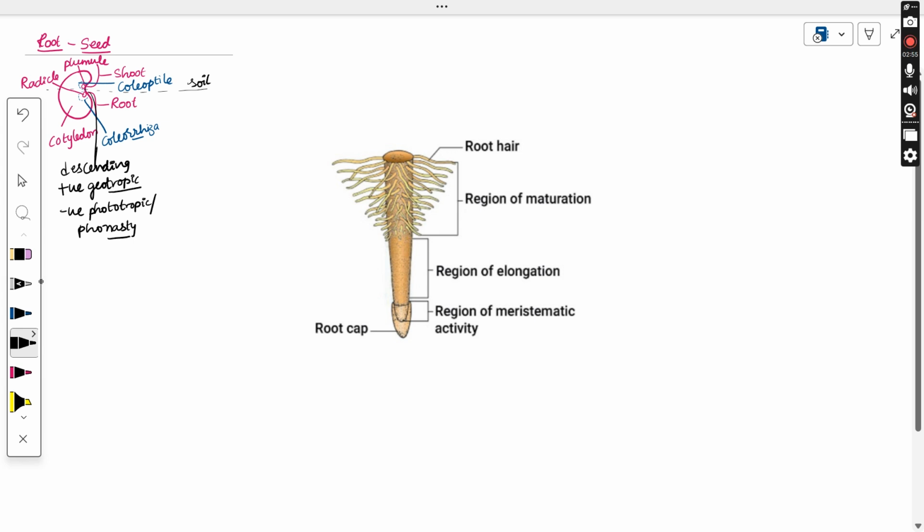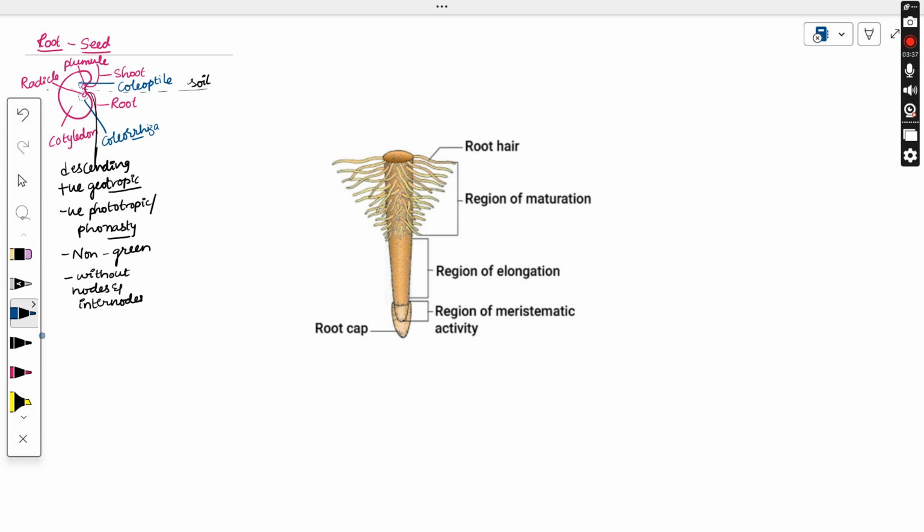Now, it is growing underground. It is in descending order. It is a portion of the main plant axis. It is developing from the radicle of an embryo. It is non-green in color, and it doesn't contain any nodes and internodes. It is without nodes and internodes. Nodes and internodes are the special structures present on the stem, but you cannot find these types of structures in the root. Now we have the different types of root systems: fibrous root, tap root, adventitious roots. We'll be studying these in the case of the root part.